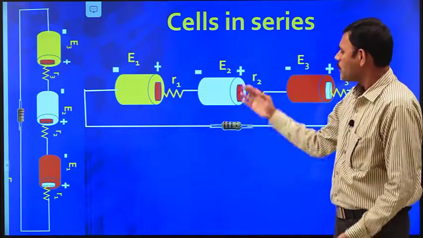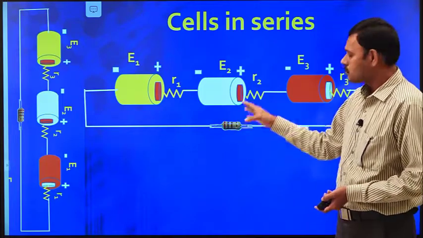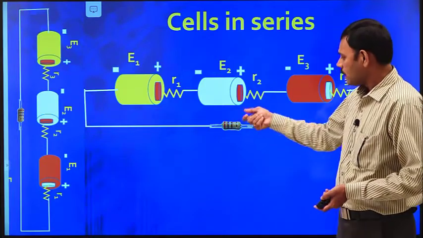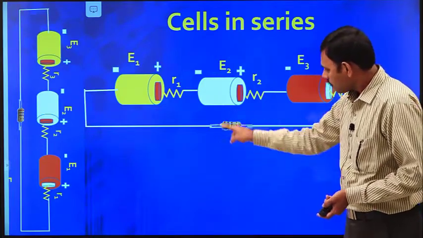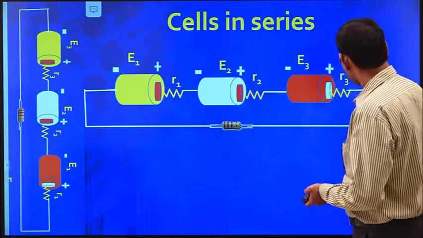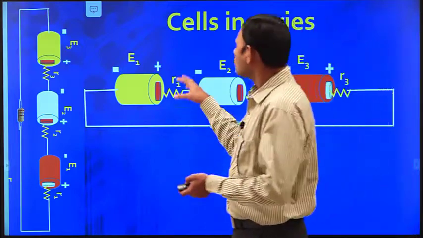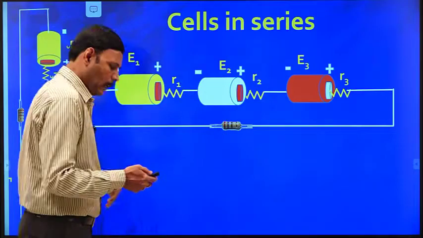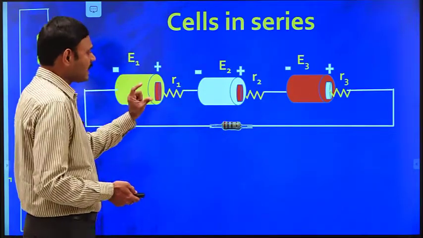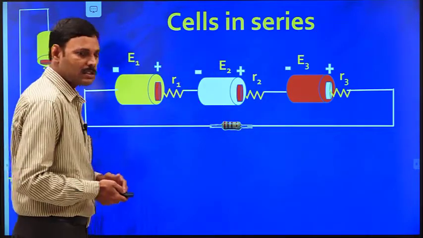In place of the resistor, we may use anything. We may use a light, a fan, a remote control, a watch. Whatever the device we need energy for is kept in place of the resistor. We replace the resistor with any device. This combination does work and moves the electrons through the device. In this way, the combination of cells does work. Then what is the effective EMF, the effective resistance, and what is the net current that flows through this resistor due to the combination of cells. These are the required things in physics.